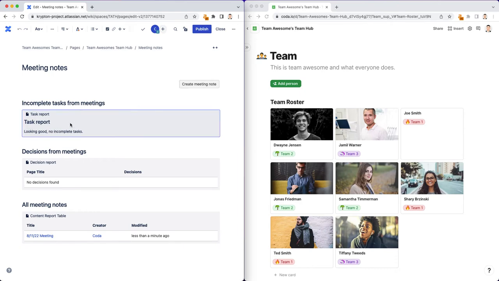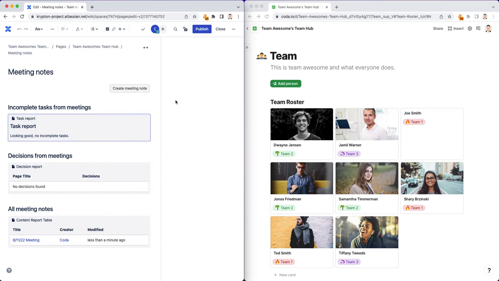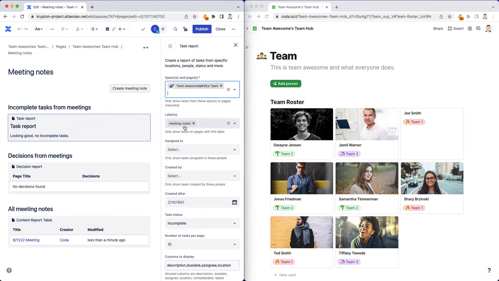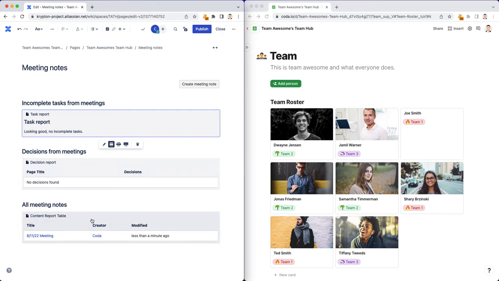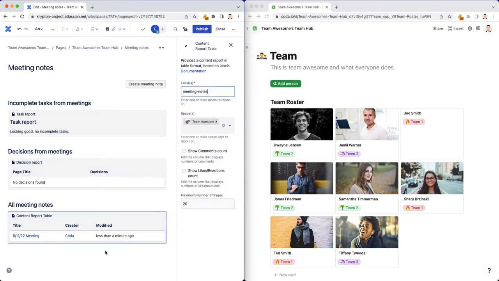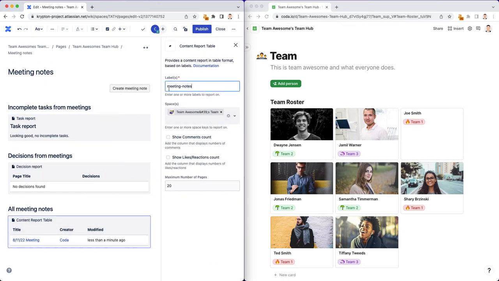We have a task report macro, which you can edit. There's a right-hand sidebar that comes up on the right. This is for tasks that have labels of meeting notes. Decisions for meetings. This content report macro is an important one. It pulls all the meeting notes with the label of meeting-notes. And I'm going to